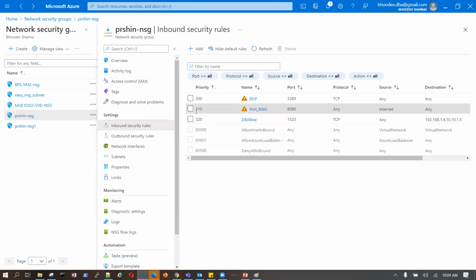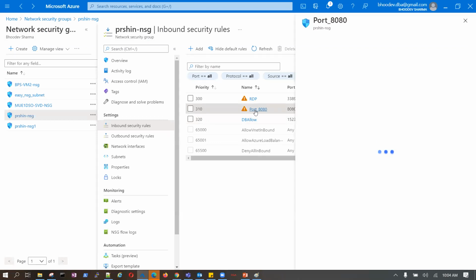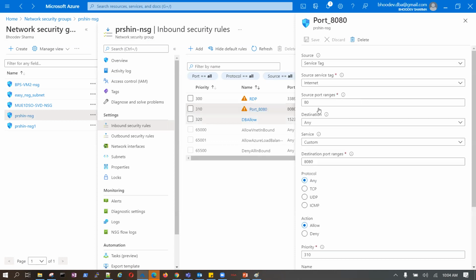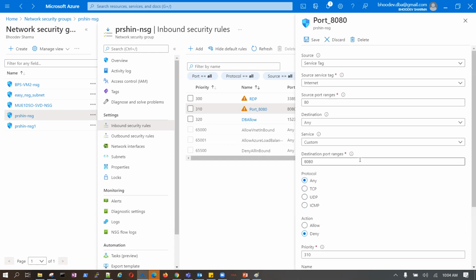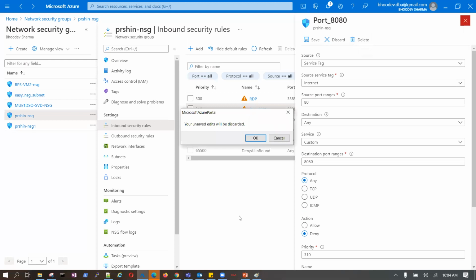So look at here. Now this is the entire website. If I say deny, is this going to solve my purpose? My entire website will be down, right? No one will be able to connect. It will deny everyone because you are taking traffic from the internet. That is not a solution.